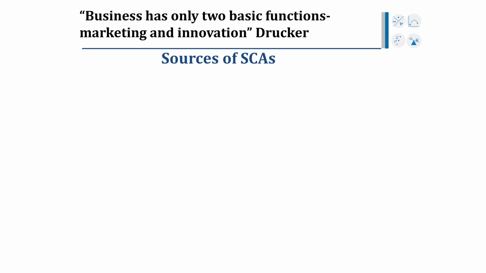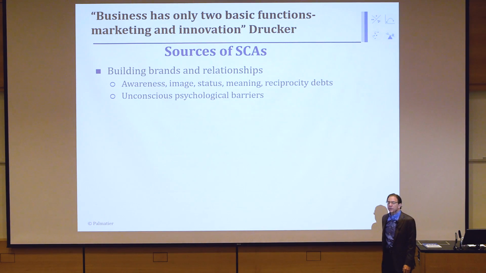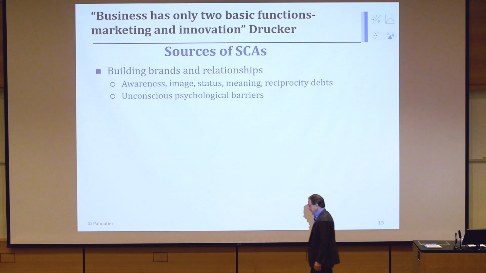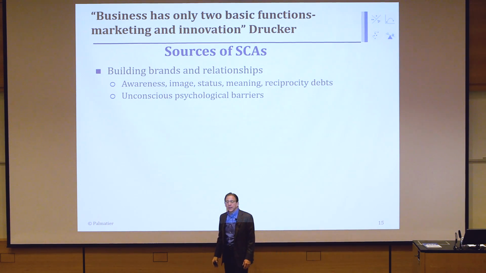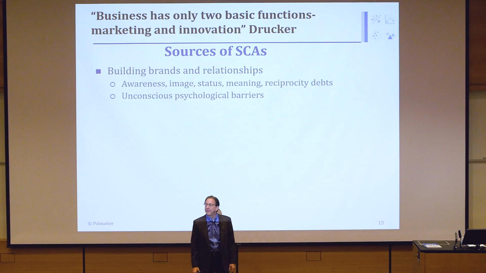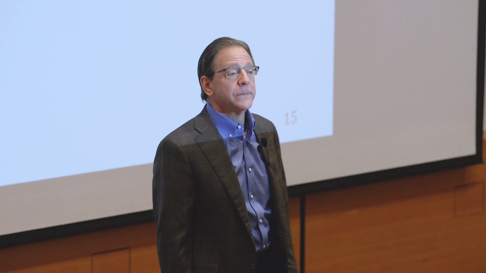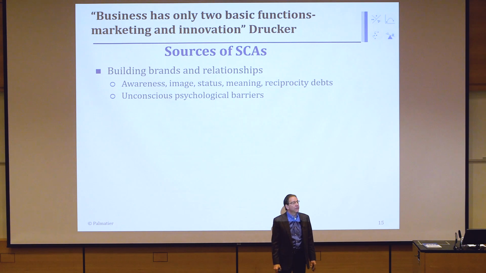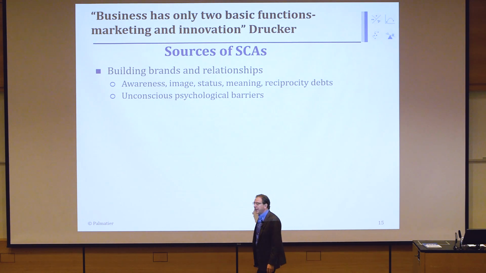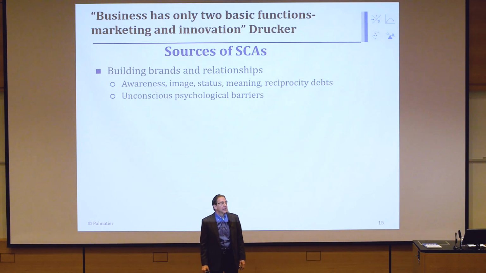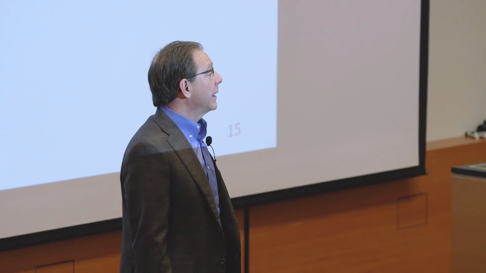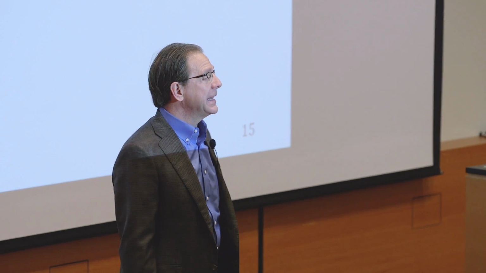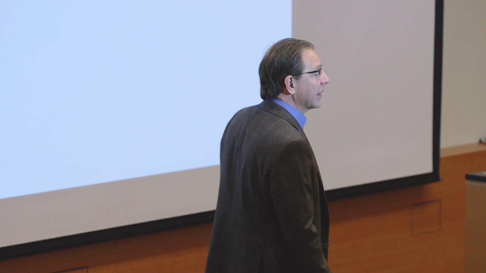Sources of competitive advantage. There's really 3 categories of sources we're going to look at. First, building brands and relationships. If you look at Coca-Cola, the soft drink, what do you think the biggest barrier of that firm being knocked out of business is? Do you think it's their recipe of making their soft drink taste better? Well, no. In a blind taste test, actually Pepsi beats Coke. If you look at New Coke, that was a brand failure, they actually designed that because it was a more successful taste in a blind taste test.